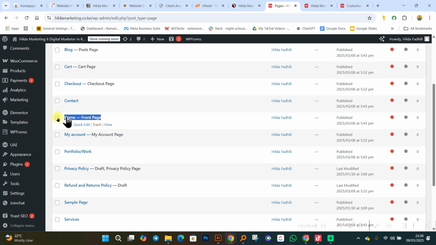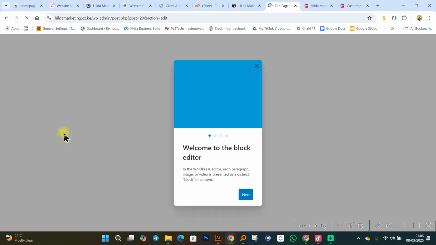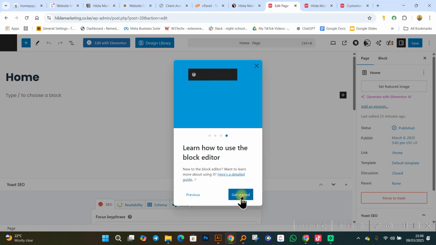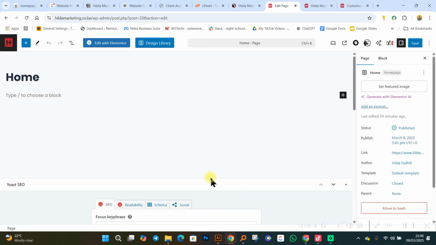So what I'm going to be doing is some very, very simple, fast customization of the home page. If I click on edit the home page, I can say next, next, next, get started. I change my template.